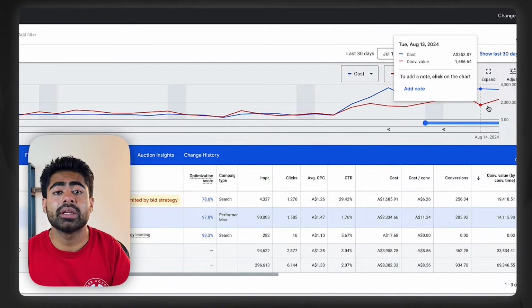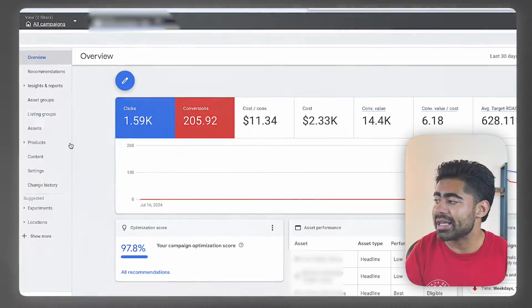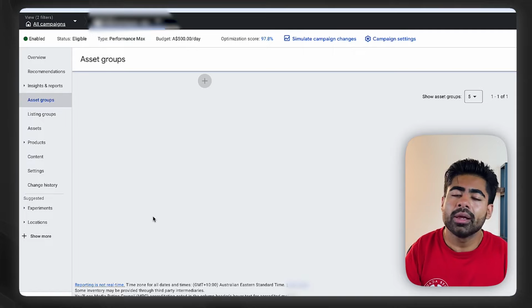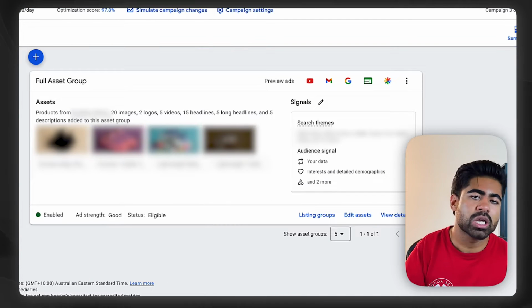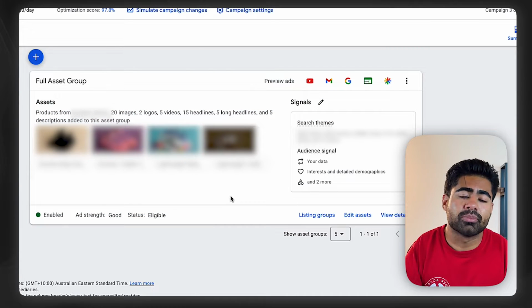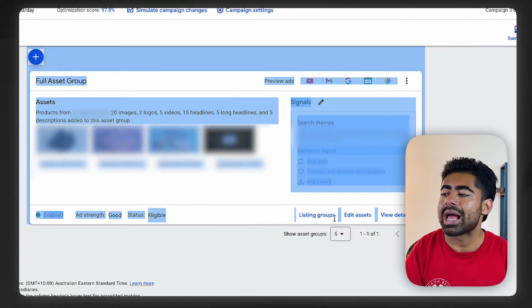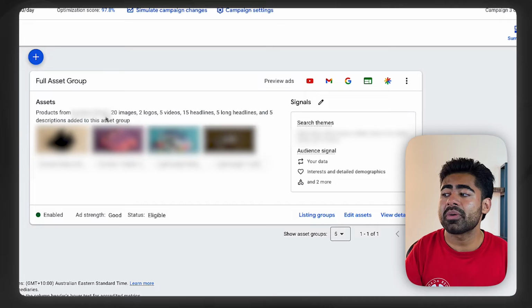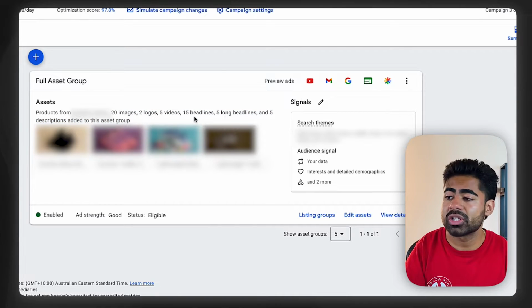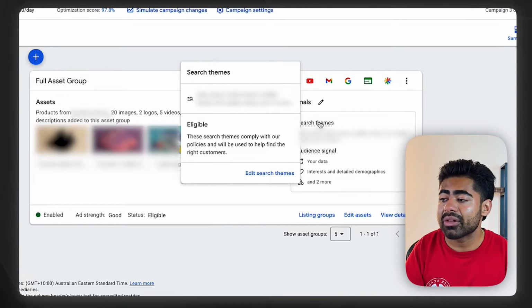This is a very useful trick for those brands, especially with not as much search volume. So what we did is within the asset group section, instead of making this Performance Max go after just shopping only or feed only, or just adding a bunch of different asset groups in here and segmenting out products unnecessarily to add more complexity, we kept things simple. We just went after one whole asset group, which is filled with some of the highest quality images, logos, videos, headlines, etc., with all of the information filled, and we added in search themes that were as closely relevant as